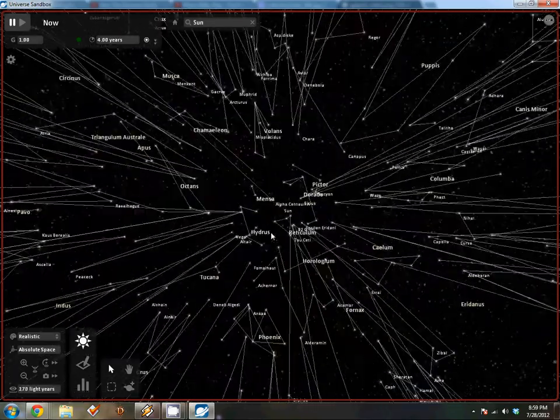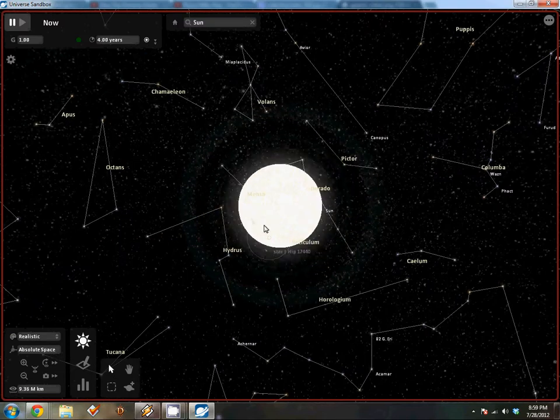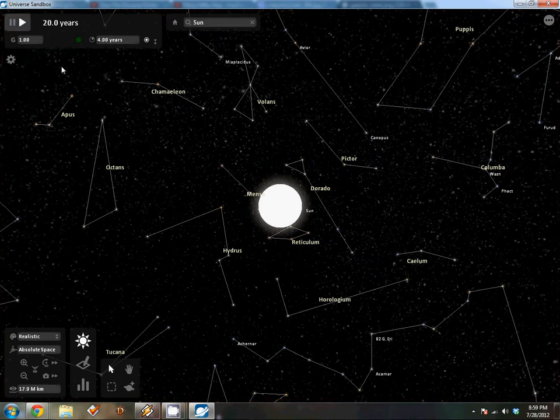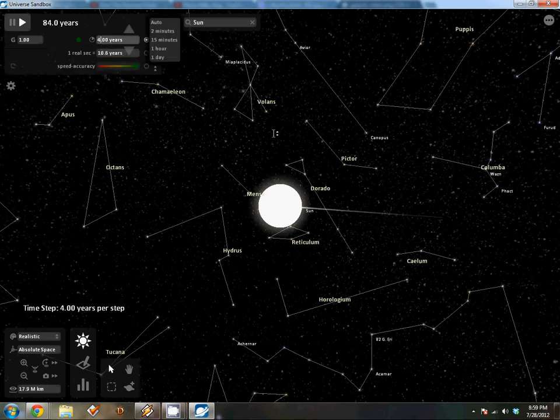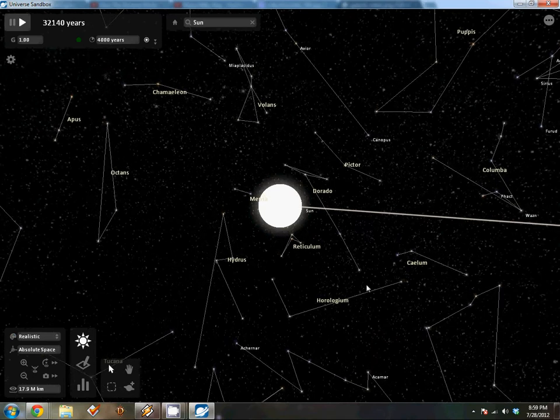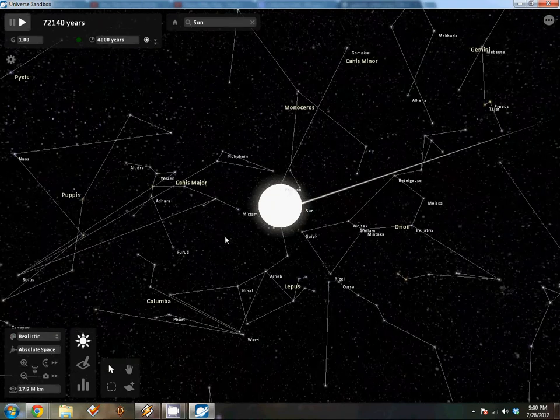And then the second part to this is the other thing this program can do is it can extrapolate over time. So I'm going to start running the simulation now. It's keeping track of where all these stars are going and what direction they're going and how fast they're going. Right now, every second is 4 years. I'm going to bump that up to every second is 4,000 years, and then we'll see the constellations start warping and drifting, and suddenly nothing looks at all like it is.